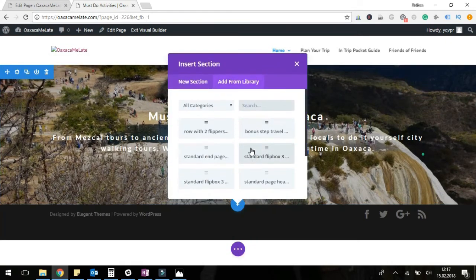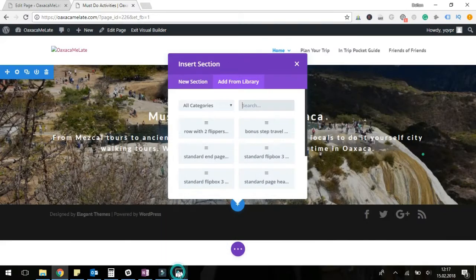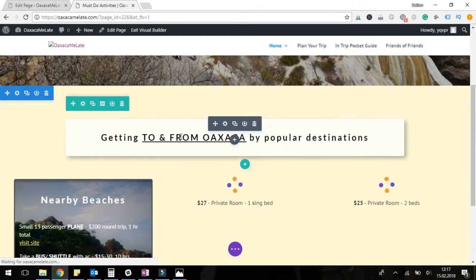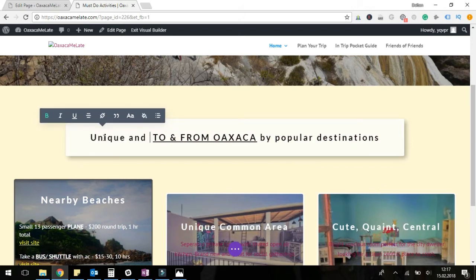What we're going to do next, add a section from the library. Let's see. Let's look at our draft here. We have Mezcal tours, and it looks like some of them we want to flip, and some of them we want to list many options. So I'm going to install this one. Getting to and from Oaxaca by popular destinations. I'm going to replace that with unique, and